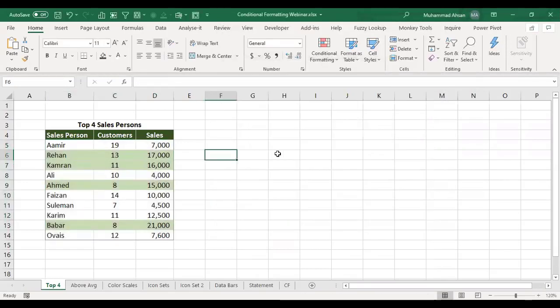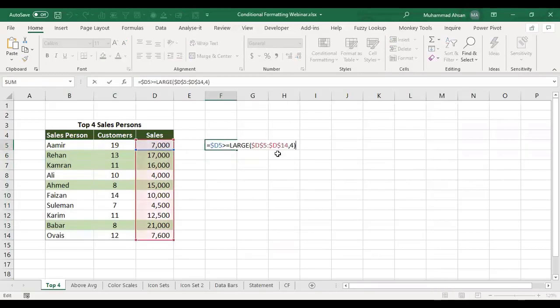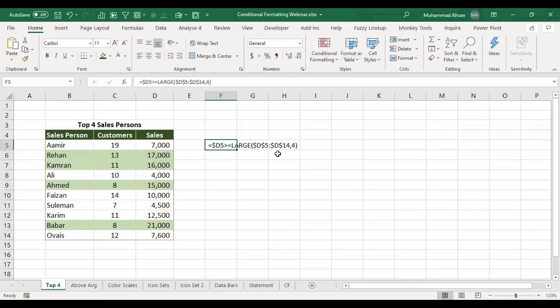Now you can see that the formula we created is highlighting the top 4 salespersons. Remember, if you are familiar with the LARGE function and mixed referencing, you will easily understand what this logic is all about. It's basically checking each value, and if that value falls within the top four, the condition is met and the color is applied.